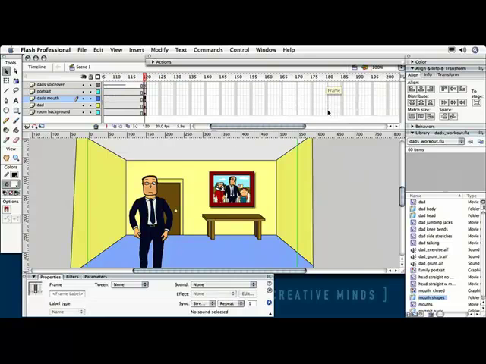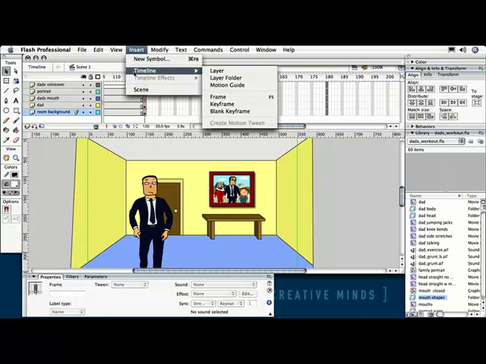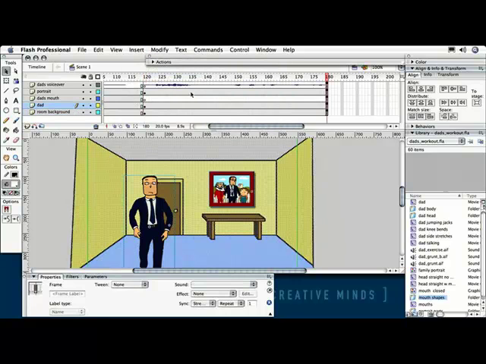And I'm going to accomplish that by going out and selecting in my timeline somewhere around frame 180. And this time I'm going to insert something different. I'm going to insert a frame instead of a keyframe. You'll see our graphic looks a little bit different. I don't have that dot at the end. And simply what I'm doing here is making sure that all of these pieces are staying out on the timeline